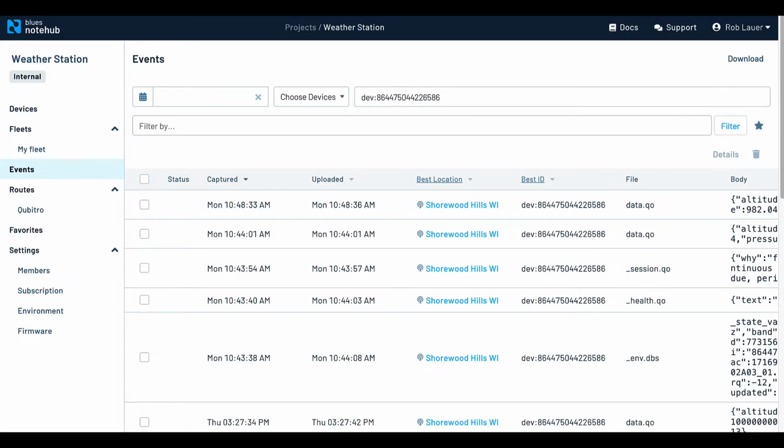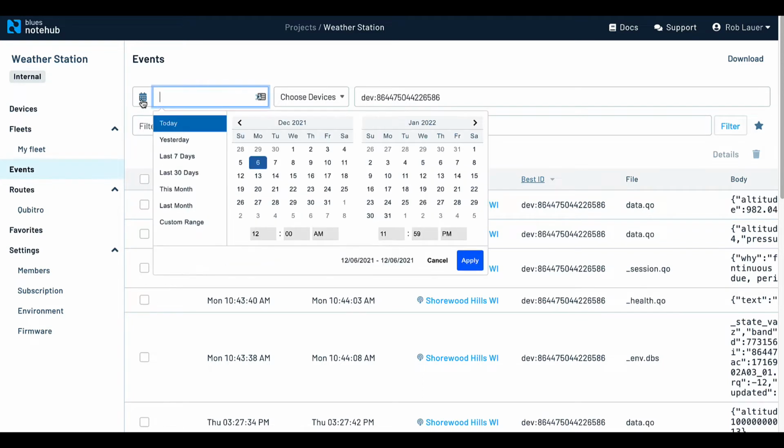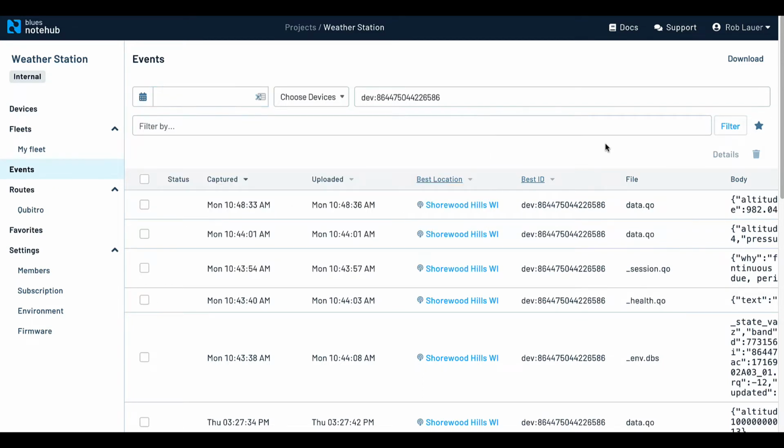You can put a bunch of filters together here, and maybe you want to filter by a date range as well, and you can save that as a favorite. That helps when you're starting to put together the right filter to see a certain amount of data, and saves you some time in terms of saving that search as a favorite.